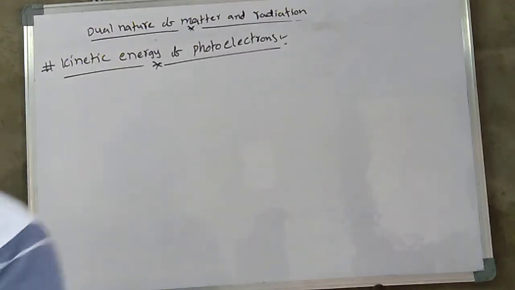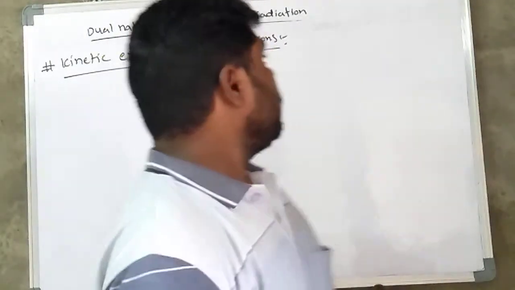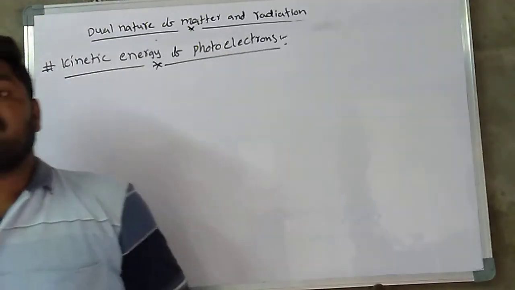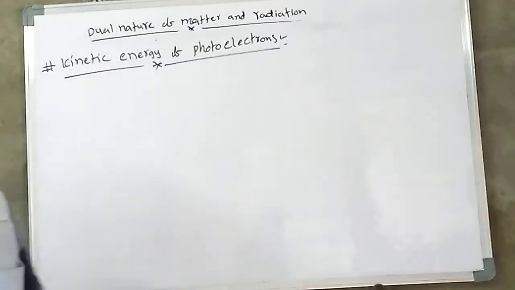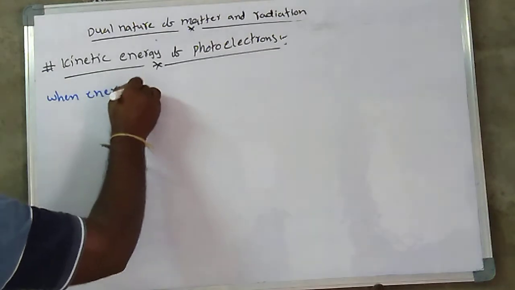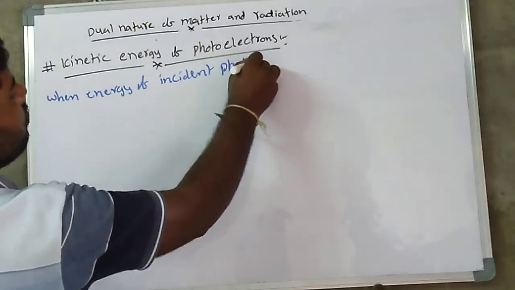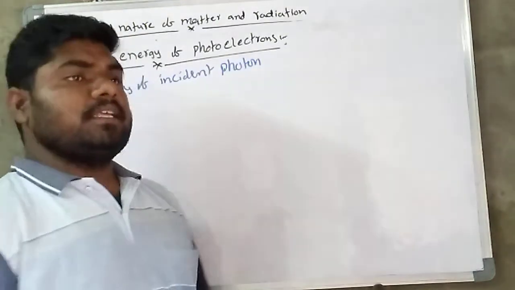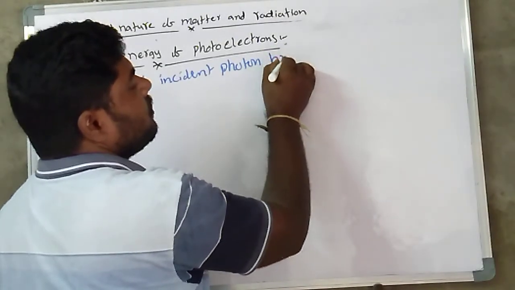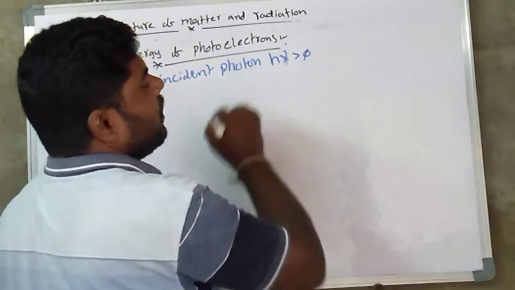So another important topic is kinetic energy of photoelectrons. Here, when the energy of the incident photon, h mu, is more than the work function, that is, the work function is less than h mu,